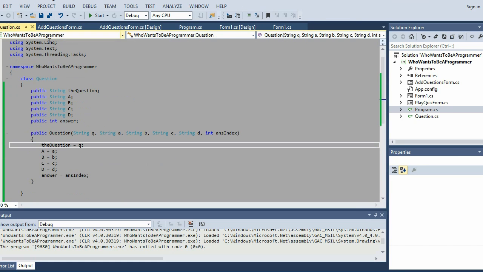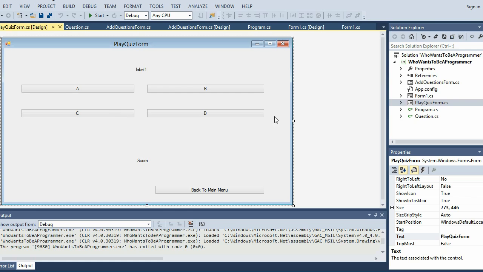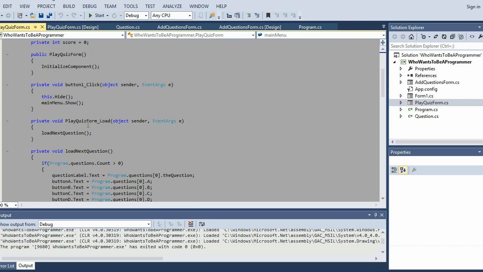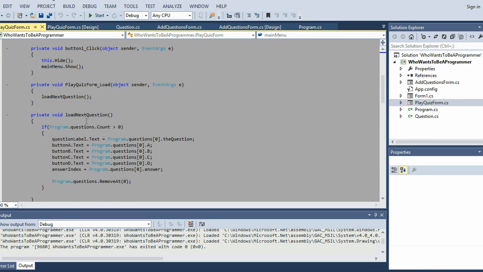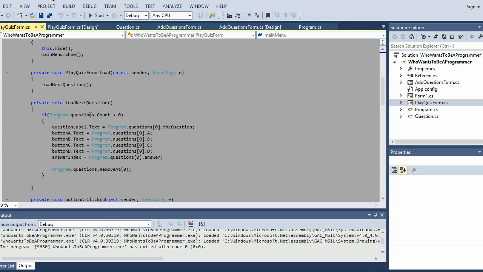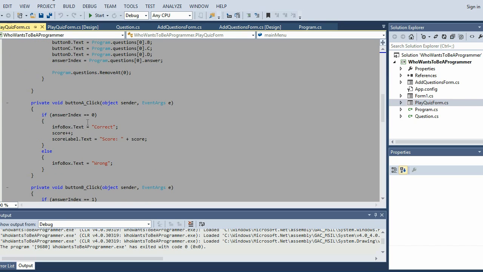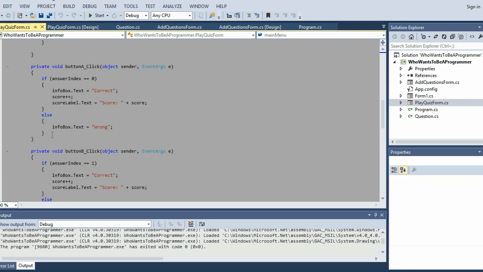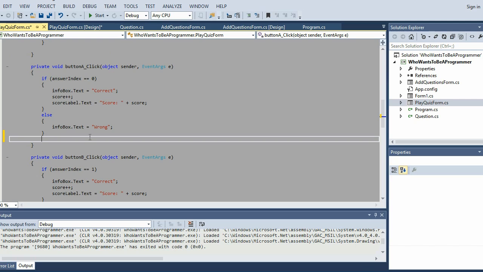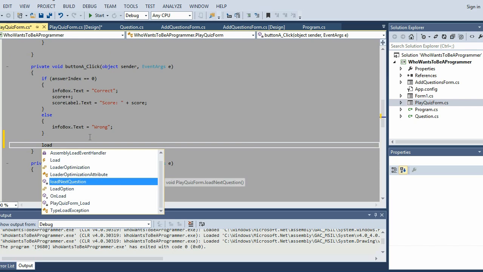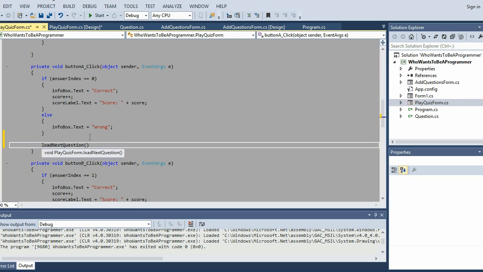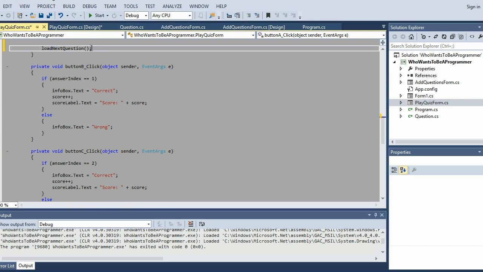We're just going to handle one more little thing we missed out. Oh yeah, it's in the play quiz form, isn't it? So here it is, play quiz form.cs. Let's right click and choose view code, and the play quiz form load next question is called at the beginning, and then also when you click on a button, after button A click, it should load next question. So load next question. Okay, and we should also copy this, Control C, Control V,